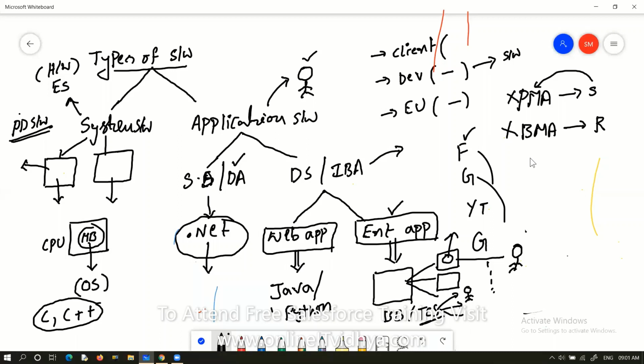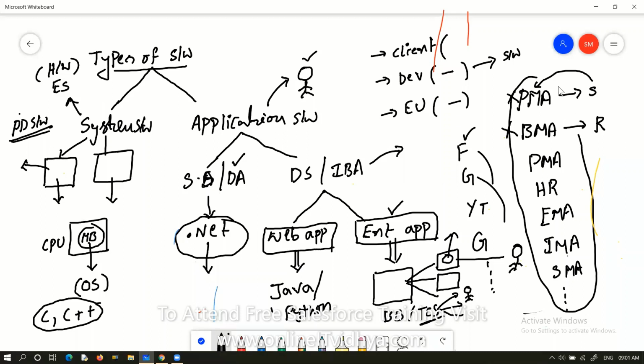Next, project management application, HR management application, employee management applications, and something like inventory management applications, shipment management applications. These are the different varieties of applications. Till now, maybe you haven't heard about these, because you didn't use them. These are all enterprise applications.